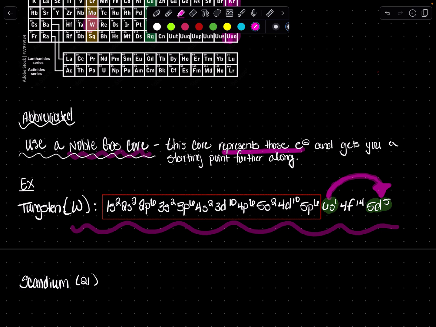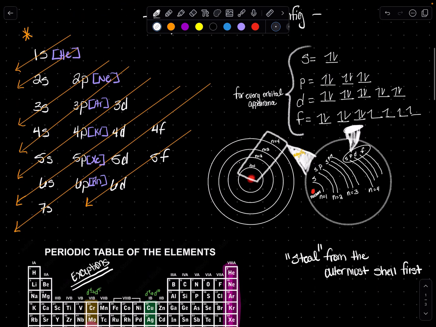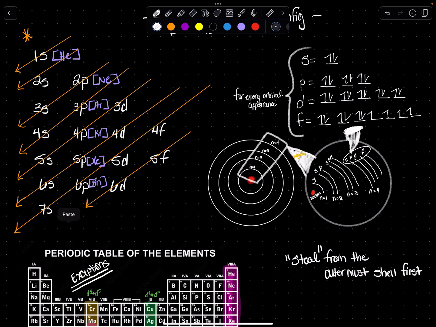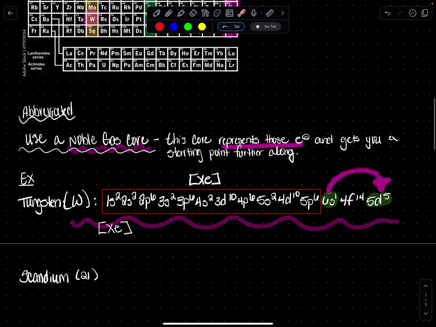But what we can do with these abbreviated electron configurations is represent all of these electrons in this red box if we just use a xenon core, because xenon has 54 electrons, and what I have in red is 54 electrons. So the abbreviated configuration for tungsten would start at xenon. It would be xenon in brackets, and then since xenon represents 54 electrons, I'm going to start at 5p and move my way down. So I start here, and I start filling down. Then I come to 6s, slide back around and hit 4f, 5d, 6s, 7s, 5f, and 6d as I go all the way up to my